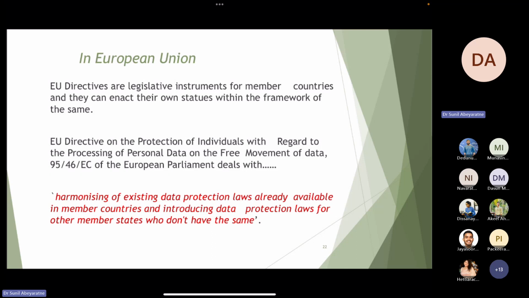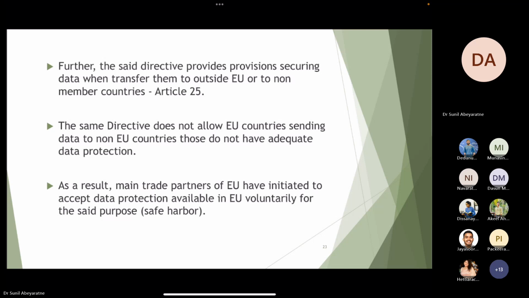As a result, we can see the EU Directive on Protection 95/46/EC. The European Parliament introduced this for harmonizing existing data protection laws already available in member countries and introducing data protection laws for other member states who don't have them. This is what we discussed earlier. Further, the directive provides provisions securing data when transferred outside the EU to non-member countries, according to Article 25. A simple mechanism is what these EU countries say: